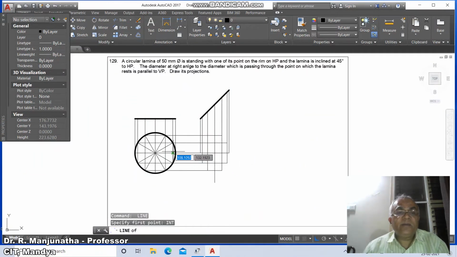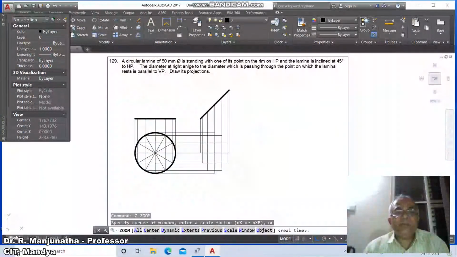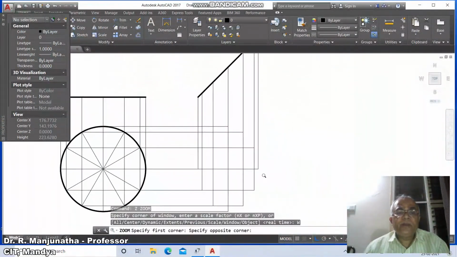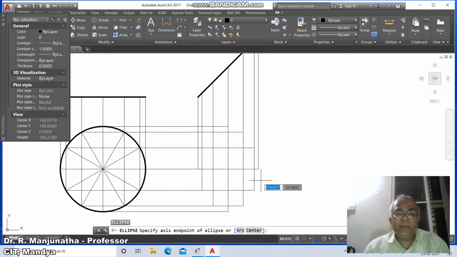and take int of this and draw perpendicular to this, and similarly line, take int of this and draw perpendicular to this, then go to fillet between these two, then go to zoom window, then go to ellipse command, take